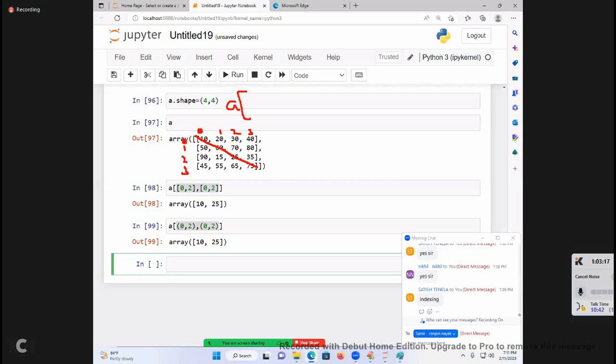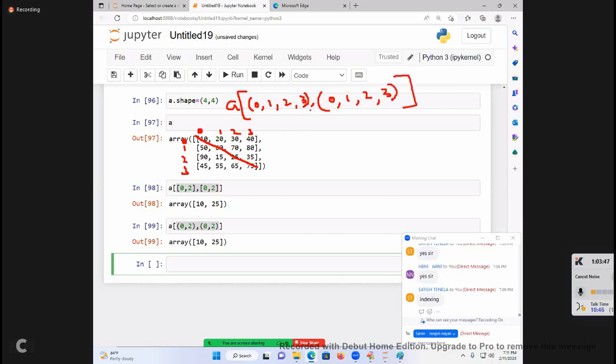A of. 10 value row. 50 value, 60 value row. 25 value row. 75 value row. Okay. Whose column values also? 0, 10th column, 60th column, 25th column, 75 column.